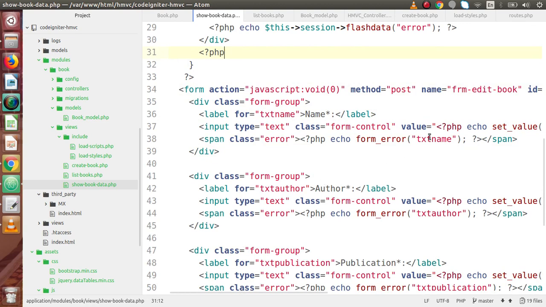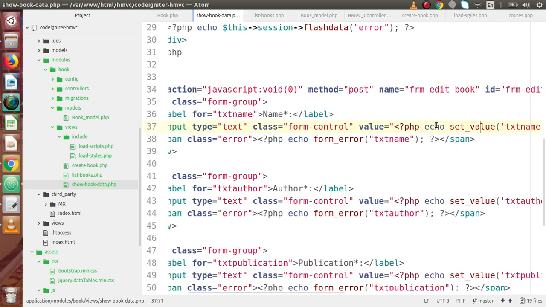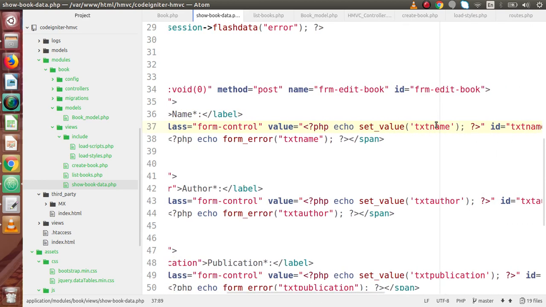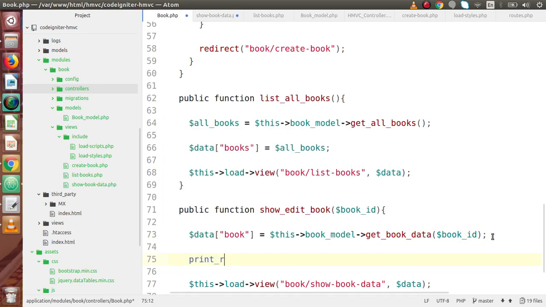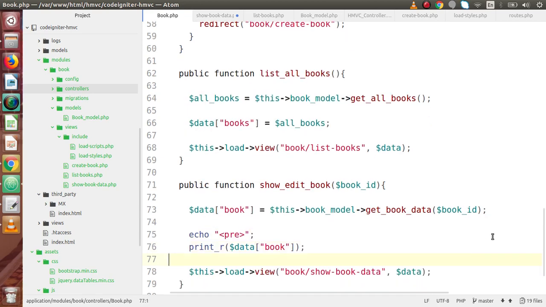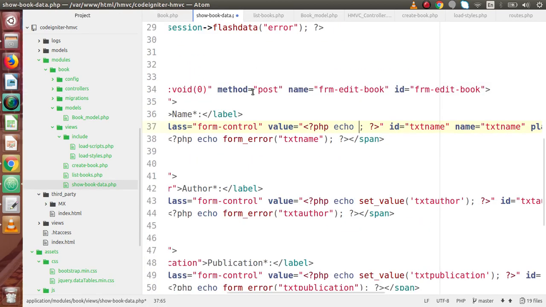So here inside this value I am going to get rid of this set value function, and here we are using the index of book, and this book basically, if I copy this data variable and let's print_r, and let's say here it should be echo PHP to make some formatting, save all these changes, back to browser,